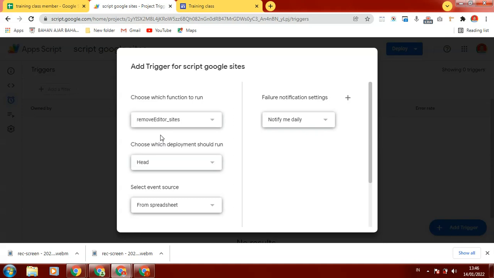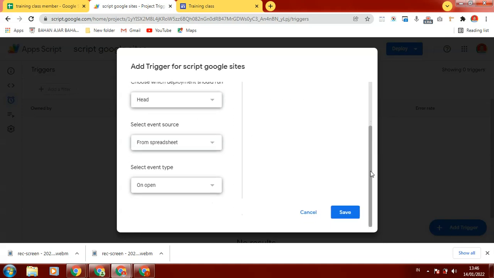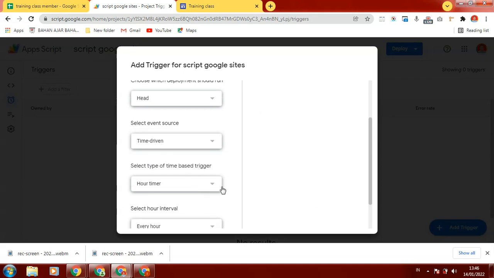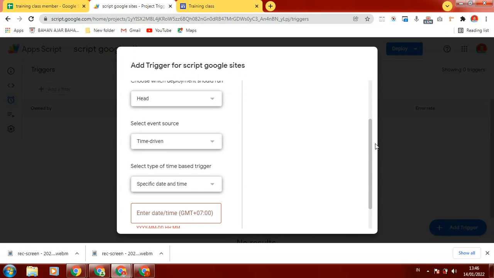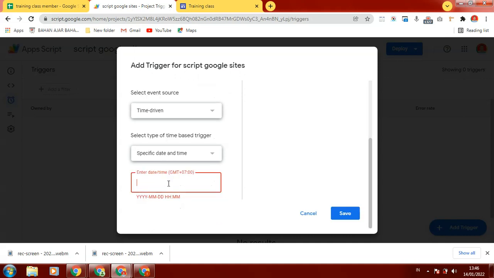For the remove editor script, we can choose time-driven. We can choose a specific date. We can enter the year, month, and time.